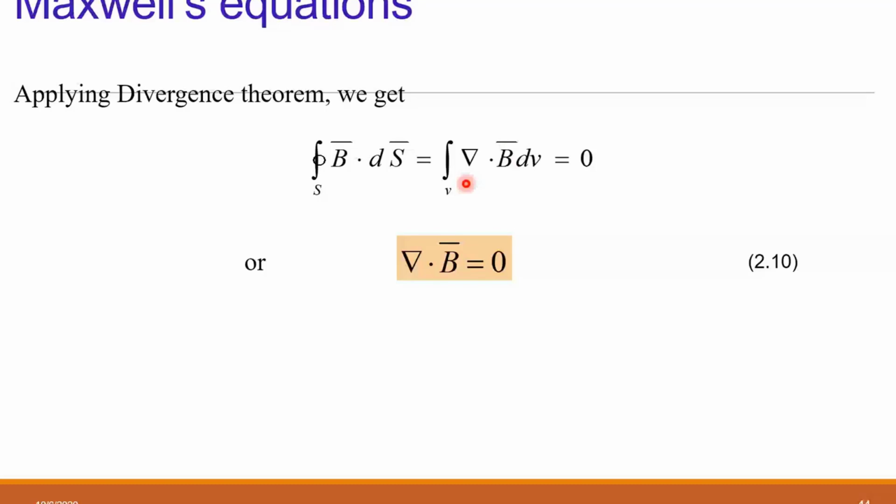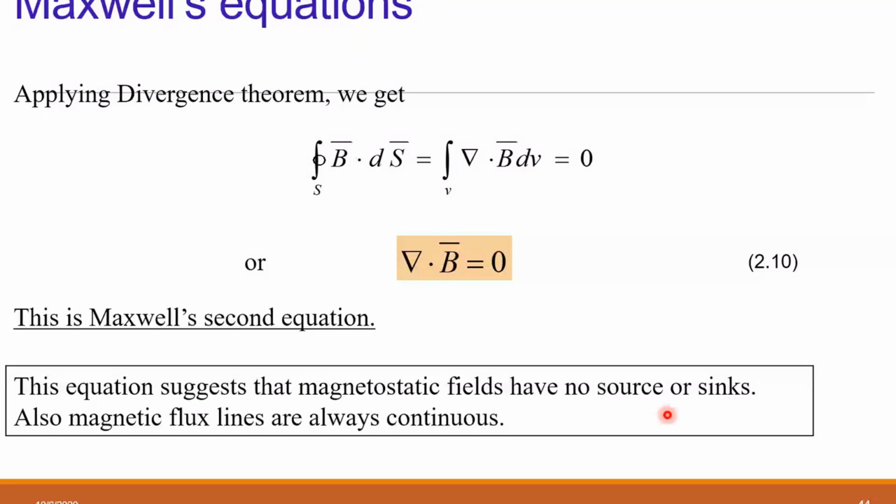But what we derived is that the closed surface integral of B bar dot dS bar is equal to 0. That we have derived just now. So I can say that del dot B bar is also equal to 0, because if I take the derivative of both sides of the volume integration, then del dot B bar is equal to 0. That is the point form of Maxwell's equation derived from Gauss law in magnetostatic fields.